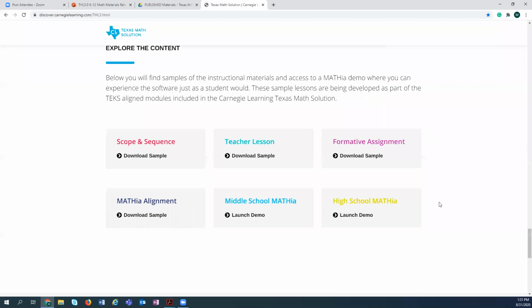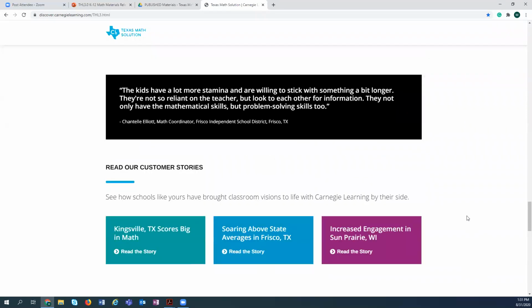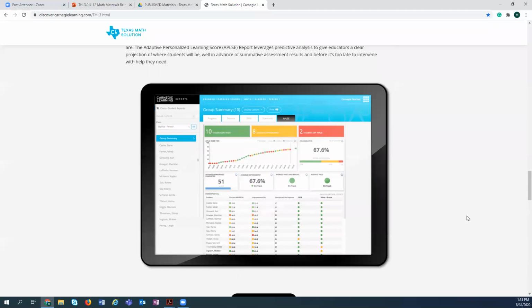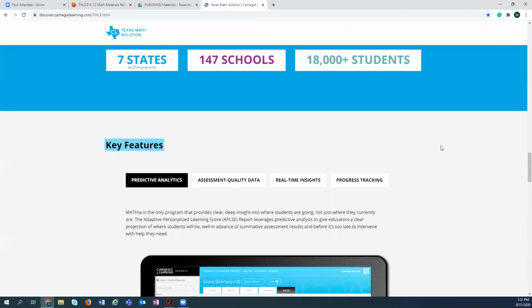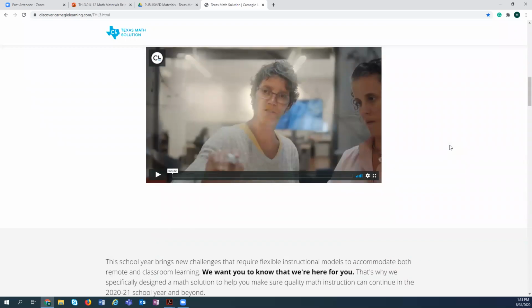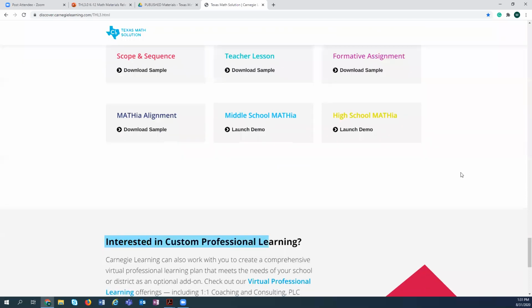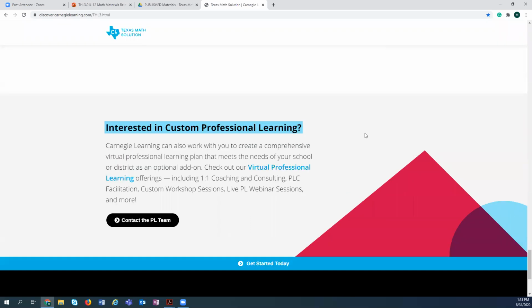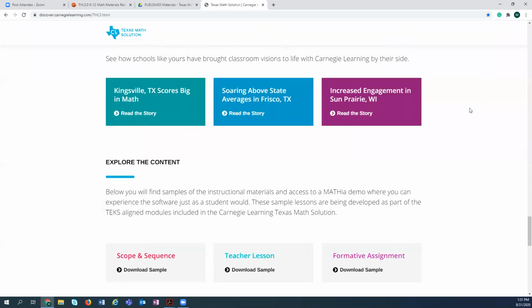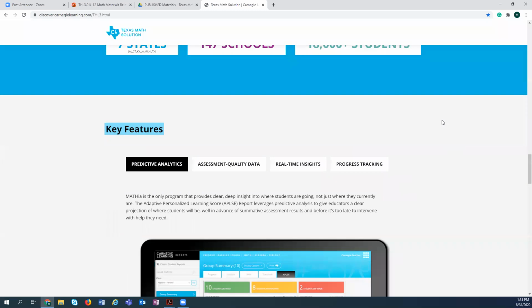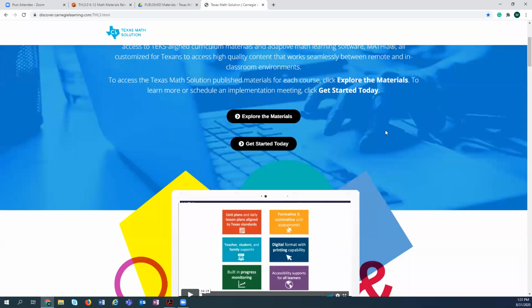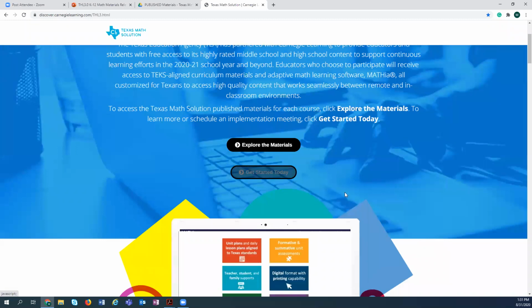As far as setting up for your students to use, you would want to set up the district rostering account to be able to use MATHia with your students. And if you push the Get Started Today, that'll help to fill out information so that they can contact you and help you with that setup.